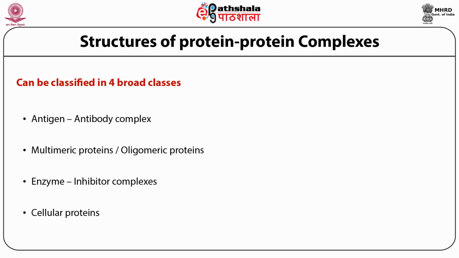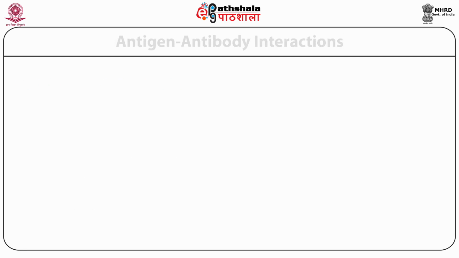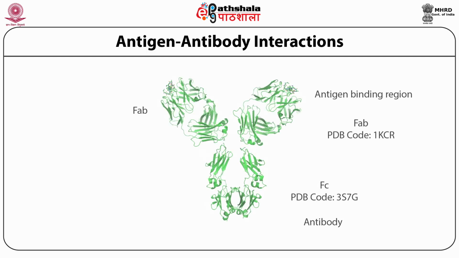Now in this module, I will try to tell you examples of protein-protein interaction structures from each of these classes. Here I am showing you the example of antigen-antibody interactions. We can see the large antibody and a small antigen in this structure. Generally, in antigen-antibody interactions, the binding region is very small. So one could see the large complex structures where you have a large antigen and antibody, but the binding region